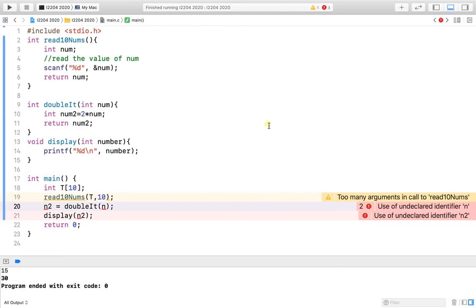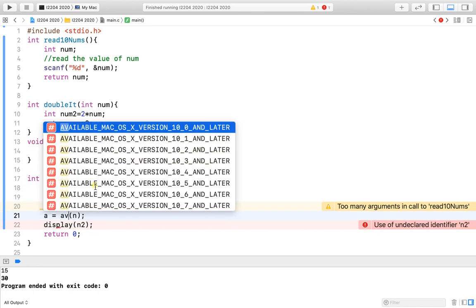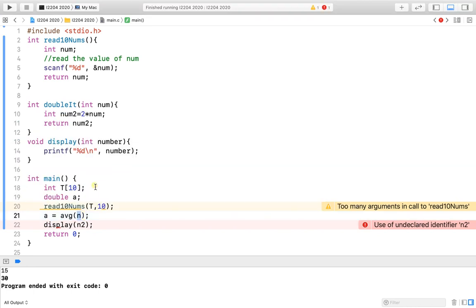Okay, so let me declare the average, double A equal avg of the array t, and again every time I have an array I have to pass